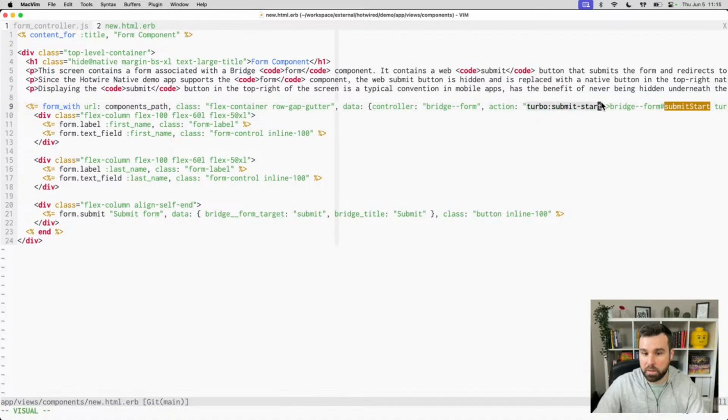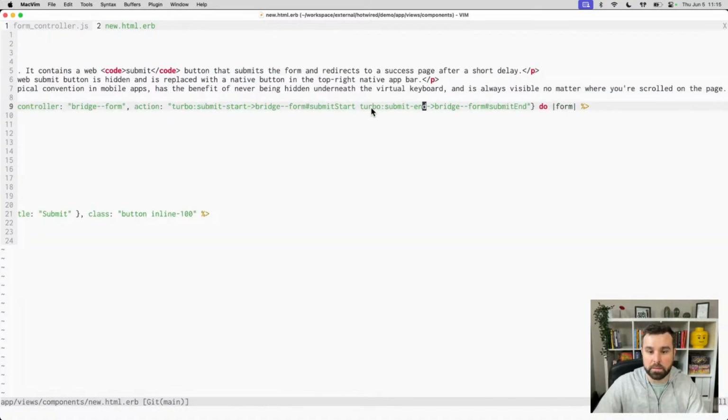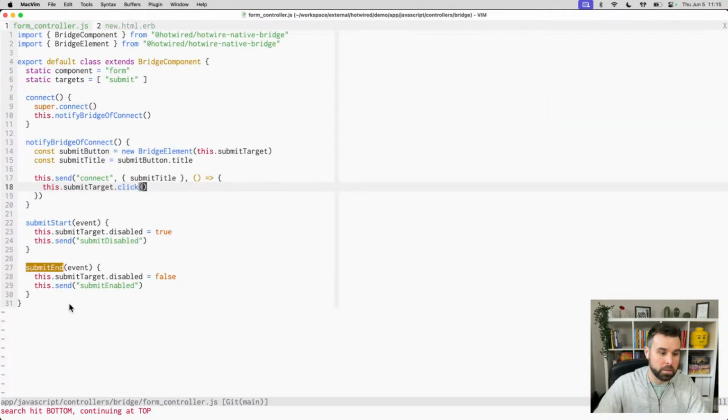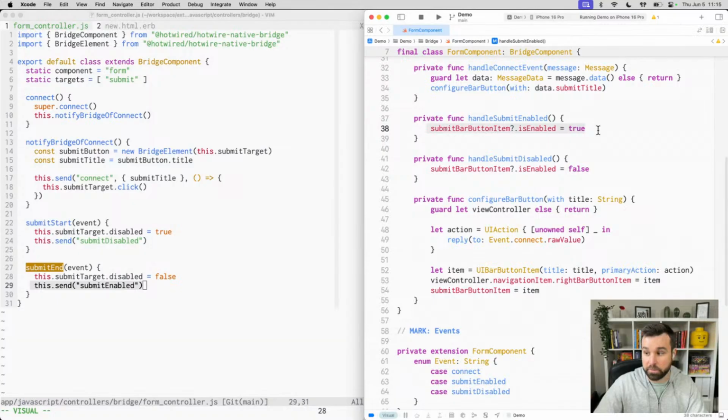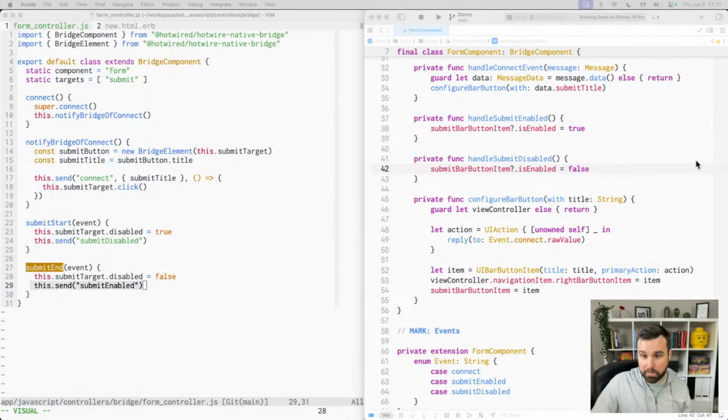on turbo submit start. We then also have turbo submit end, where we call bridge form submit end. And in submit end, I'll throw a star there to highlight it, we call submit enabled. We re-enable the button. I bet you can imagine what that does. The submit bar button item isEnabled equals true. So we were able to toggle the native button by listening in on the form submission events directly from Hotwire